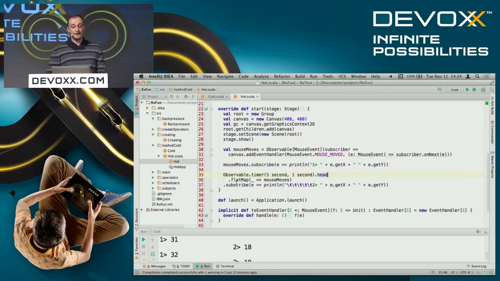But what I do is flat map that one event that gets emitted out of this head with mouse moves. So these mouse moves are now basically continuing the stream, and then we subscribe to these mouse moves. So all this really does is just wait for 5 seconds and then subscribe to mouse moves and start printing. All right, so when I run this,